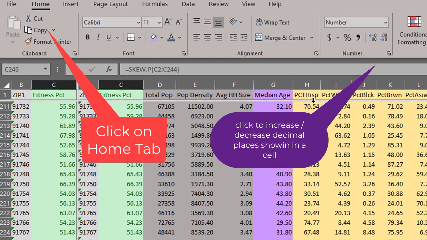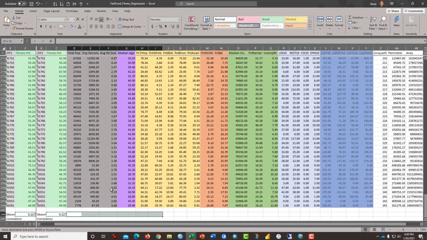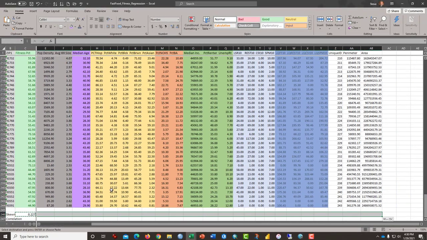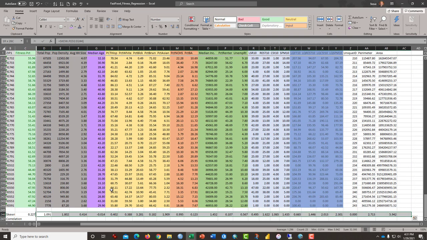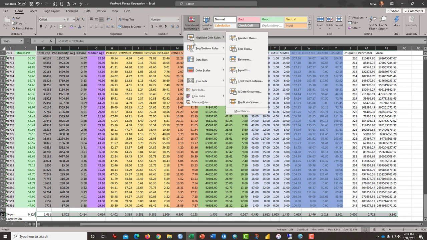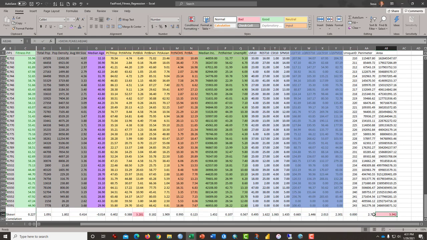So if I add a few decimal points to my outcome, then 0.22 is pretty low skewing. And I'm just going to copy that formula all the way across to underneath all of these. We should only be worried about skewness values once they get above about 2. And with conditional formatting, I could ask for the top 10%, and we see that we have a couple